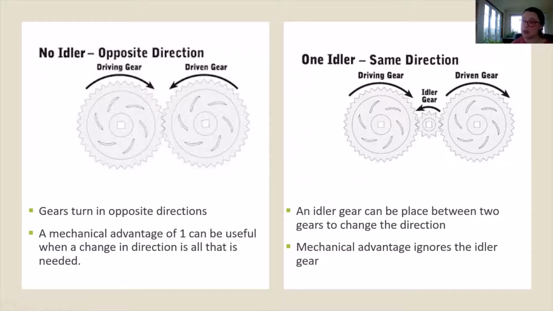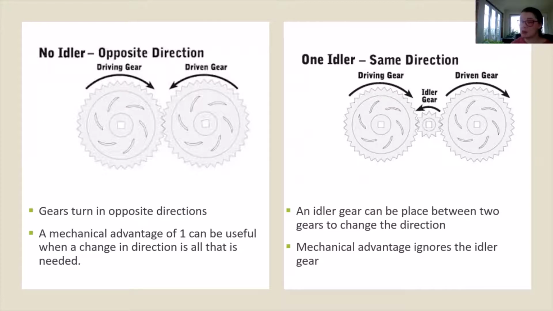When gears are the same size, they don't give you any mechanical advantage. So what do they do? Well, you'll see here, it says no idler, opposite direction. We'll talk about the idler over here. If you just have 2 gears together, the gears turn in opposite directions. So even though the gears don't change force and they don't change speed, because they change direction, there's a reason